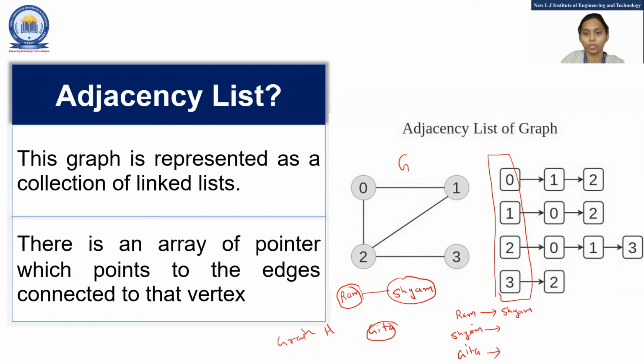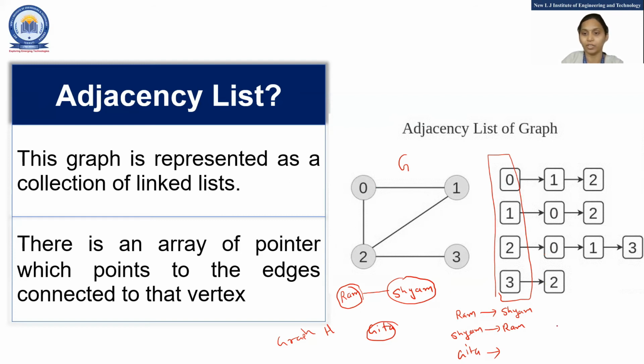Anything else? No. Shyam is connected to whom? Ram. Anything else? No. Now Geeta is connected to whom? Nothing. So this is blank. So it is also a valid combination. If some node is not connected with anything, its adjacency list is empty.